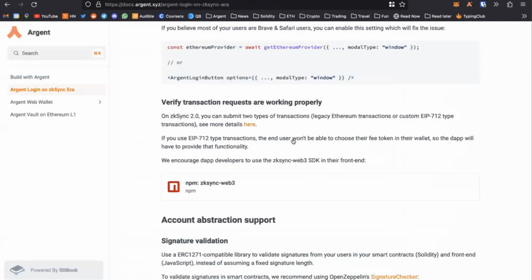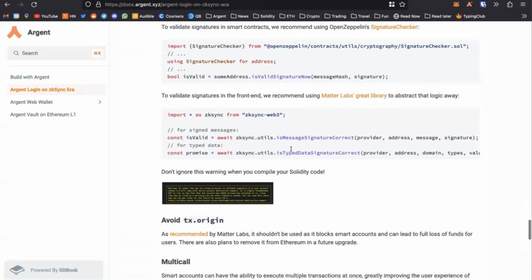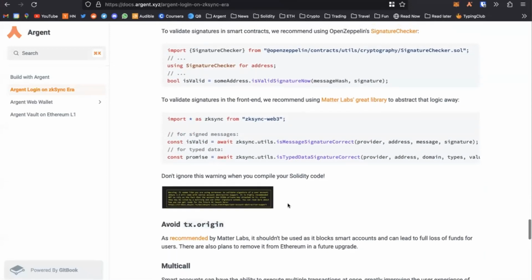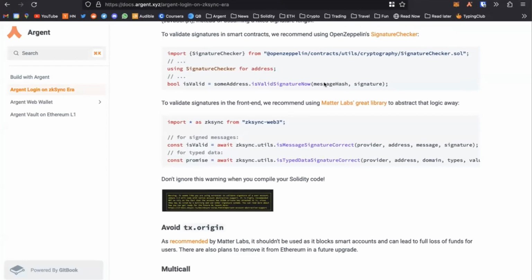Another issue is what's called tx.origin. This is again because on the EVM, on Ethereum L1, transactions can only originate from EOAs. Then smart accounts have to use tricks and use these relayers, like Antoine mentioned before, to send transactions.